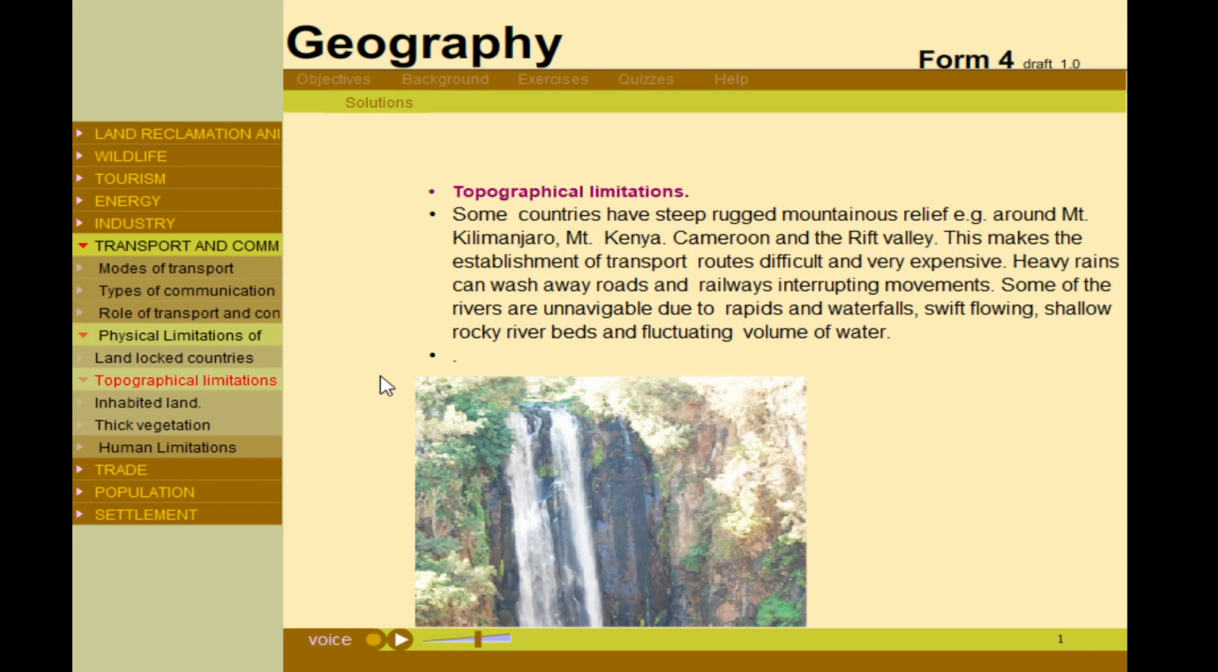Inhabited land. Areas with harsh environmental conditions, for example, desert, are inhabited and